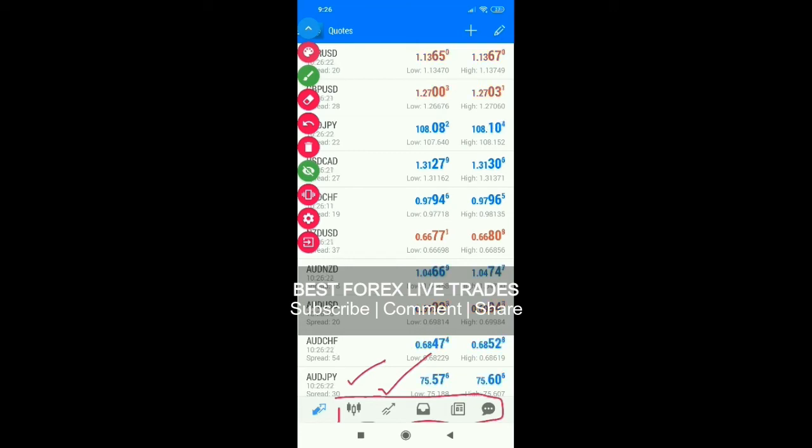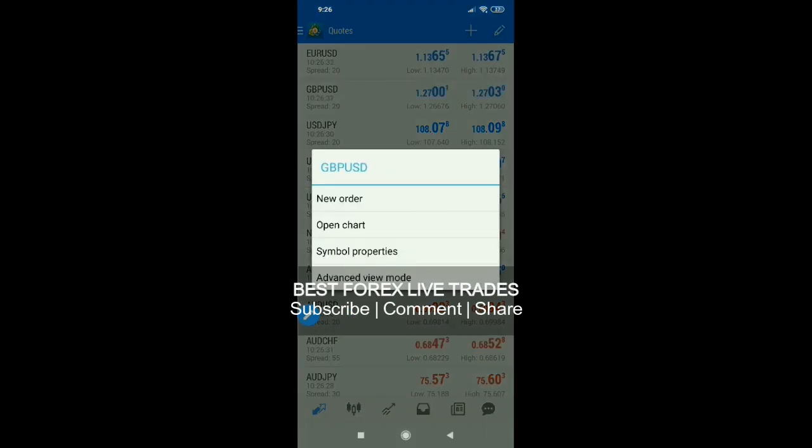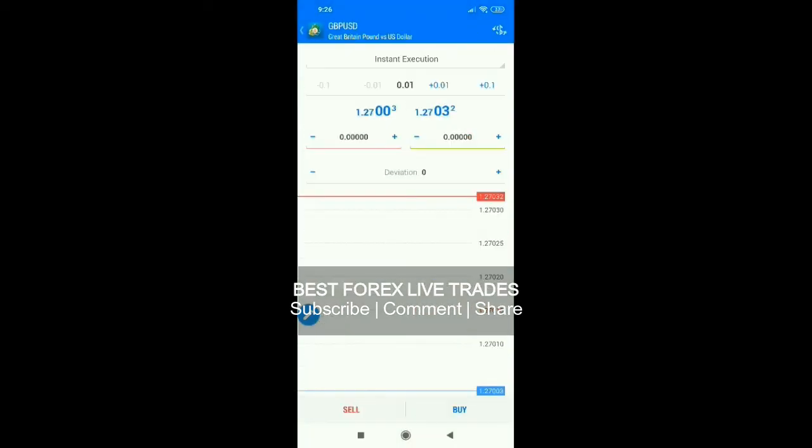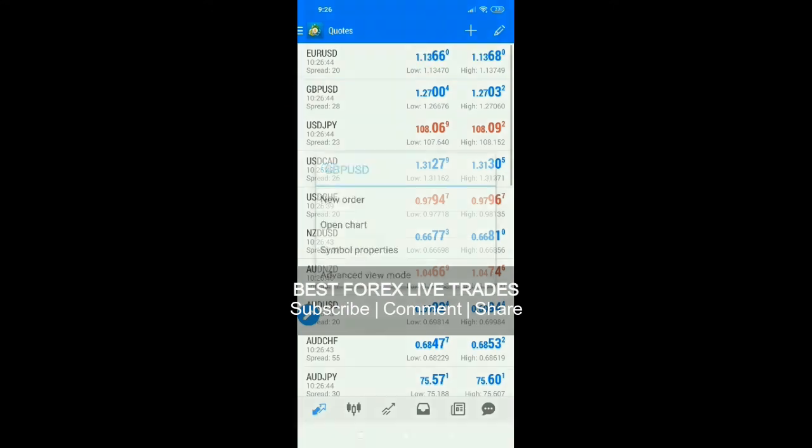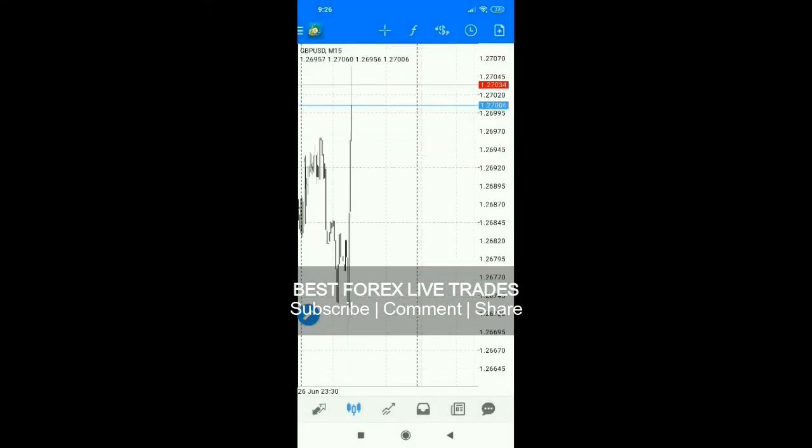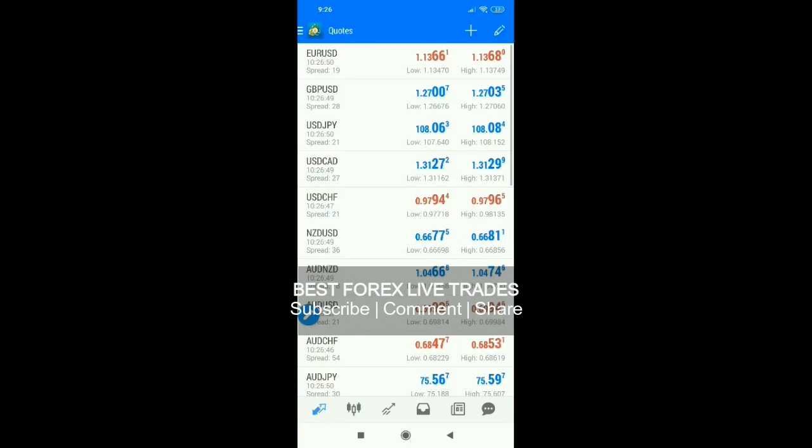But for those who want to open their charts and also place orders from this menu, you just click on the currency pair, then it will also be written in blue GBPUSD. This is for the new order. If you go to new order, that's where you'll see your buy and your sell. If you go to open chart, that's where you see the visualization, just like I said.